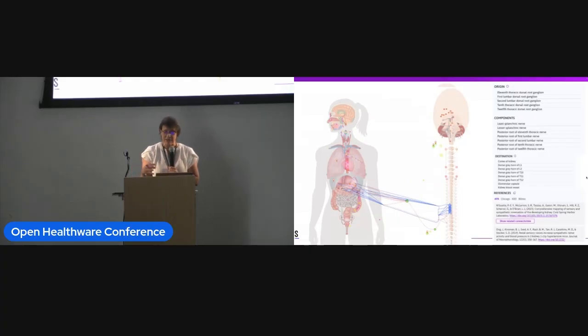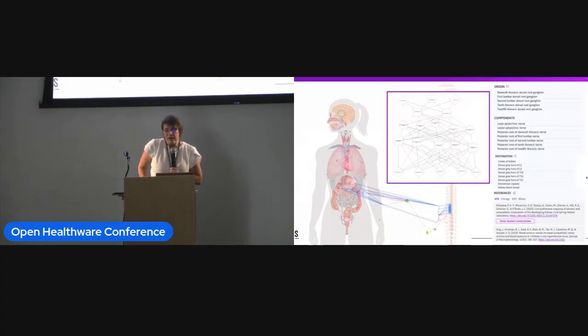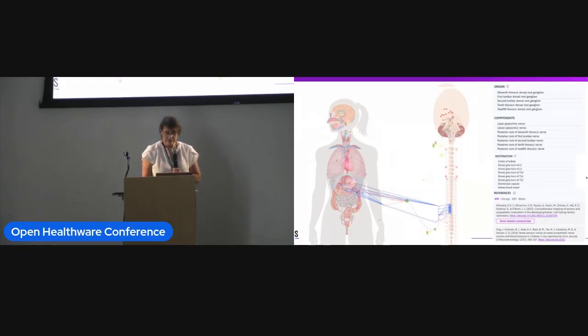All of this data is peer reviewed or has provenance. And so you can just click to see how we got to that statement right there. We also show you how they're interconnected. So it's one thing to show a path like this that says, okay, it goes from the kidney to the spinal cord. That makes sense.